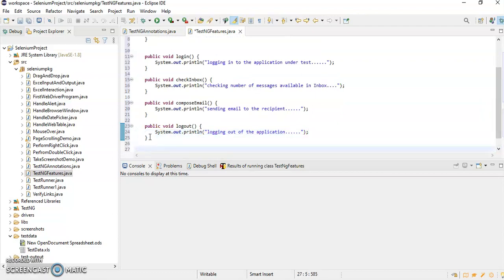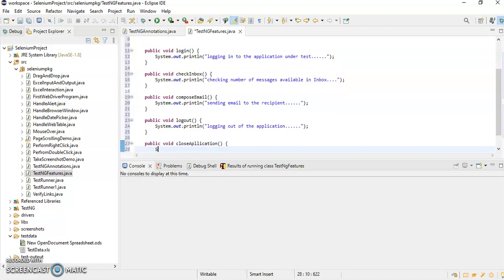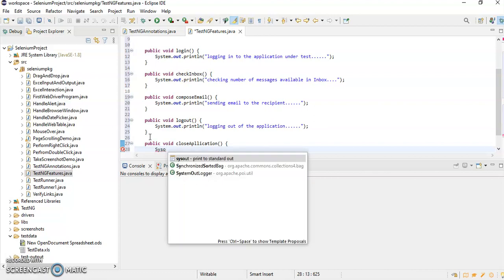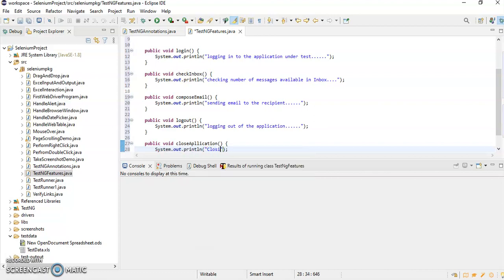And the last test case would be public void close application. So here I am closing the application under test. So write a system.out.println, closing application under test. So these are my test cases, right?